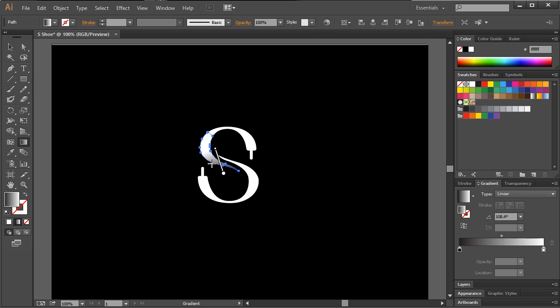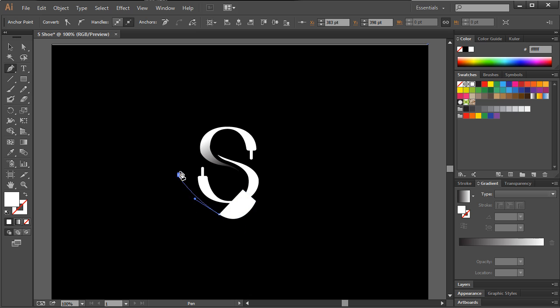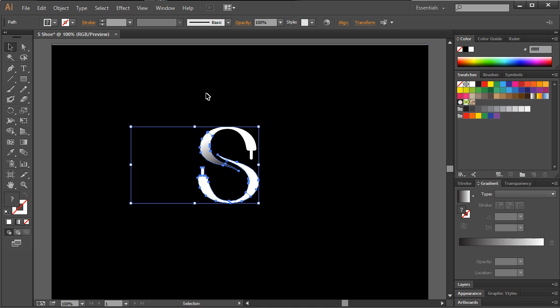So now I can just hit G for the gradient tool and experiment with that. And then I could do the same thing with this one down here as well. So let's cut this off right around there with the pen tool. Control Shift D to divide objects below, and then just select,